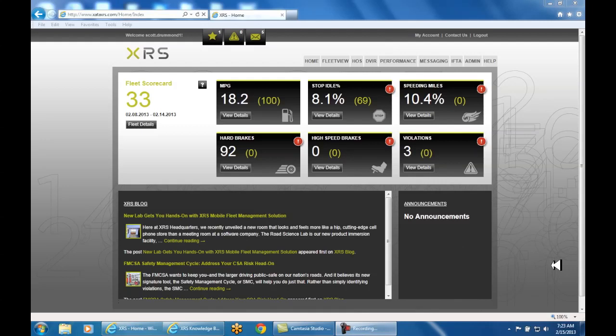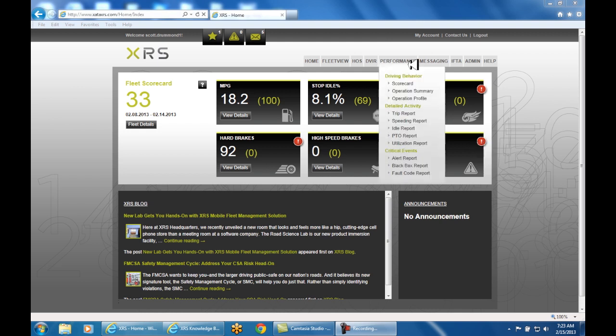In today's call in XRS, we're going to talk about the Performance tab on the XRS webpage. Before we start talking about all the different reports available under Performance, let's go ahead and take a look at